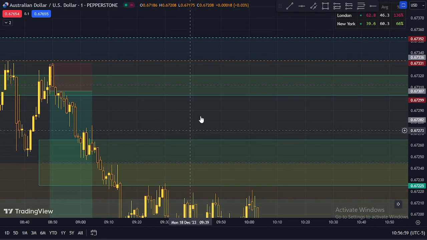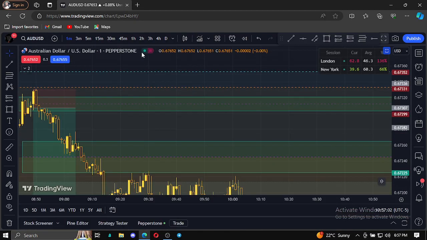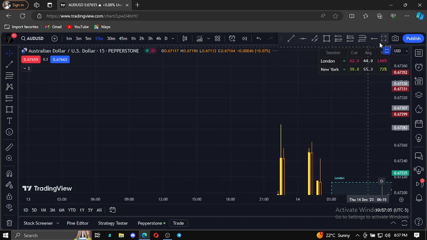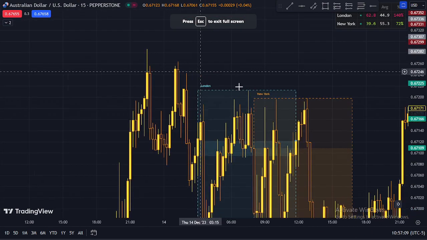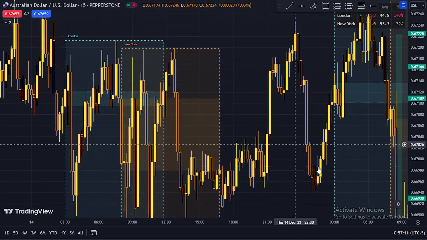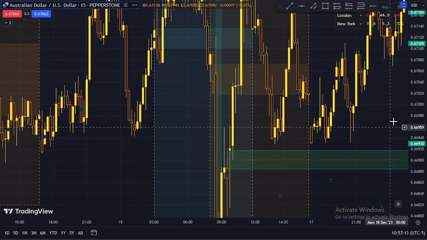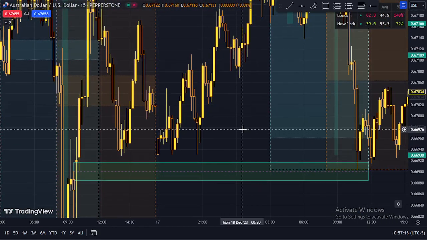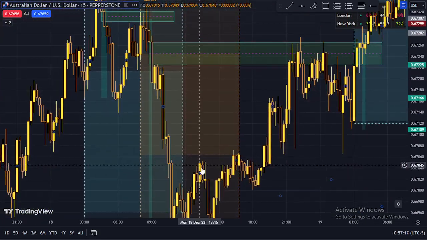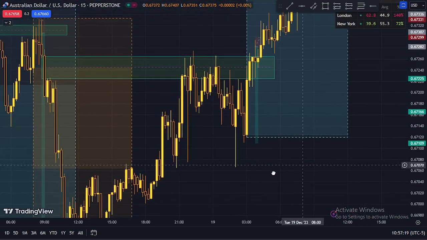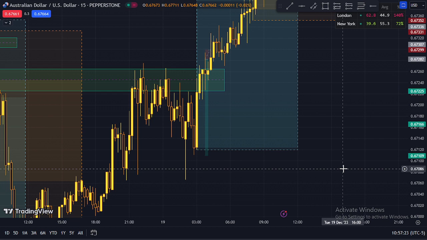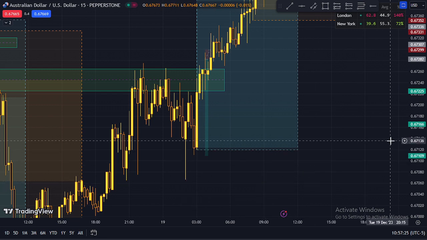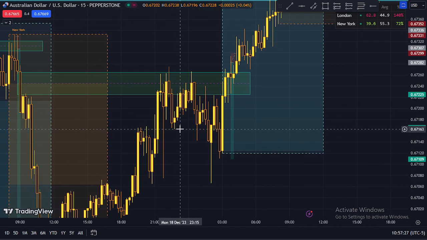So at that, go to a 15. I'm moving fast because we're just repeating the same thing over and over and over again. So this is where backtesting really comes in handy, whereby you're just doing the same thing every single day. So today we had